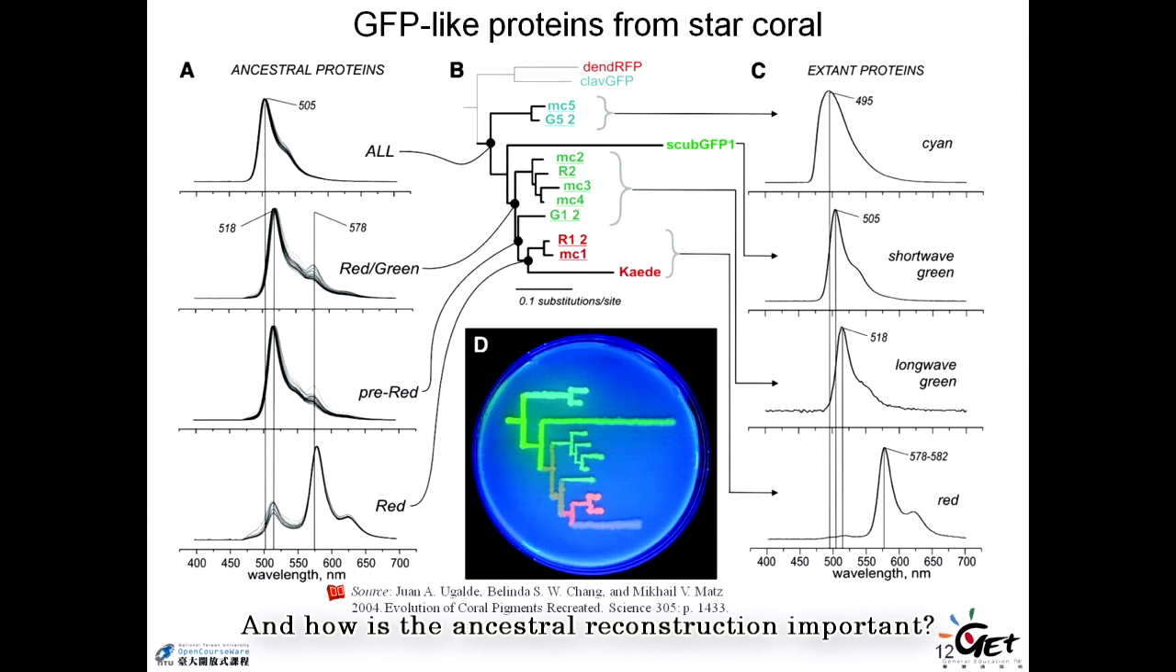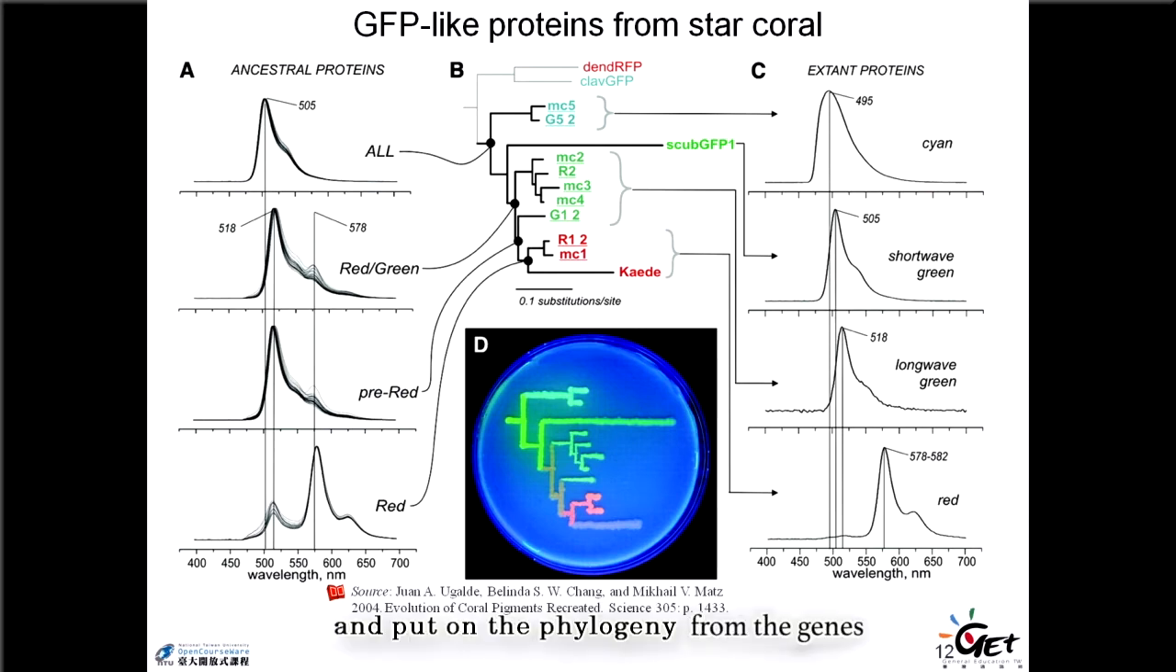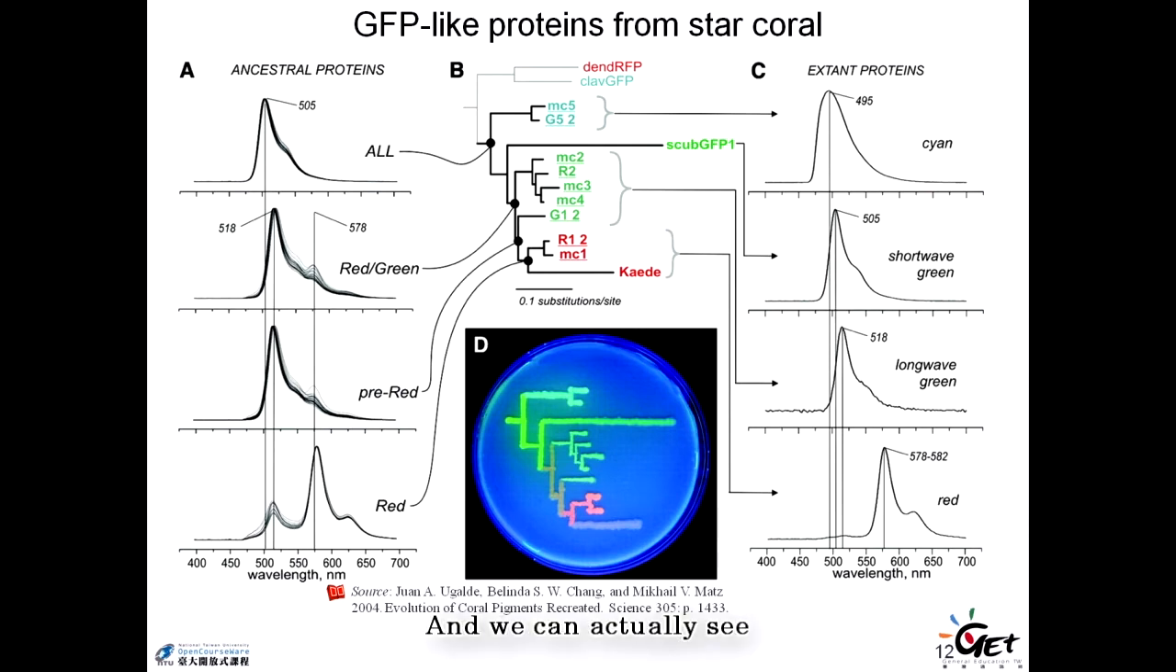And how is the ancestral reconstruction important? This is an example. It's a paper published in Science, actually. It's talking about the history of the fluorescence gene. So they have certain genes and build phylogenies from the genes. And we can actually see the evolution of the genes from here to here, and the different colors of the fluorescence of the gene product, I mean the expression, can give you some idea about the ancestral